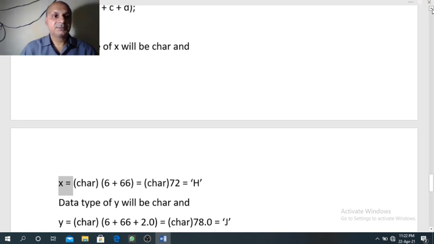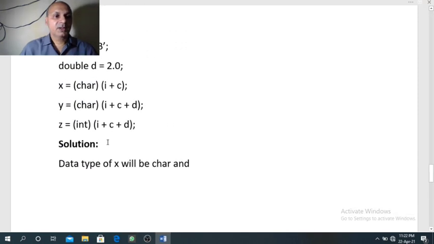In the same way, second statement, y equal to char i plus c plus d. i plus c just now we have seen, 6 plus 66, that is 72. Now when d is added, d is double type.